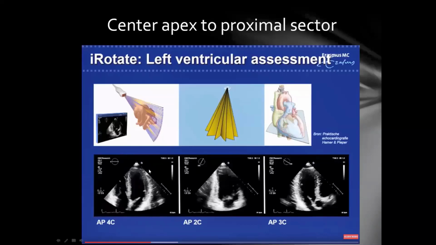And then when you change your electronic steering, you can see here where it's steered, you can steer it a little bit to the right, and then you can steer it on around to your long axis view. You're going to be very quick getting these 3 images if you use this technique, and they're going to look better than when you manually move. So please use this. By the way, this is from a video you can find on YouTube, right here. She's got a fantastic video on all of these techniques that I borrowed this from because I was short on time doing the talk. I'm sure